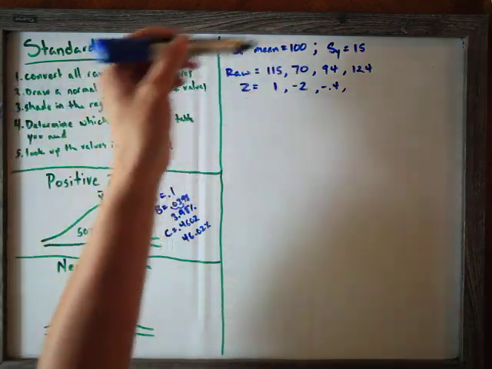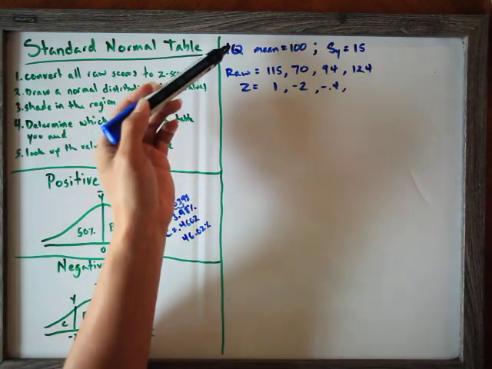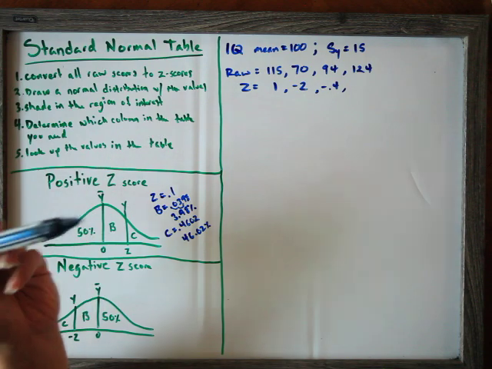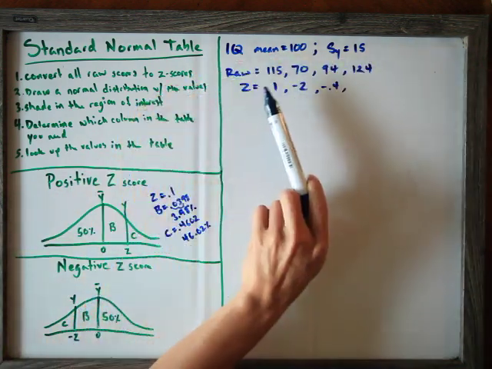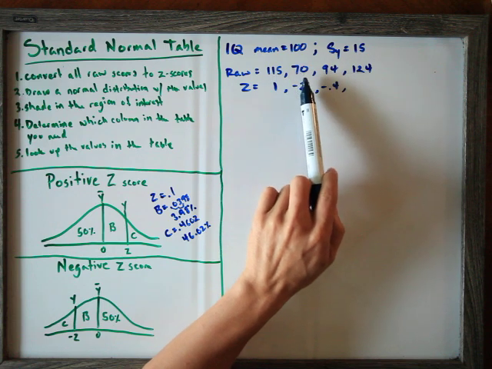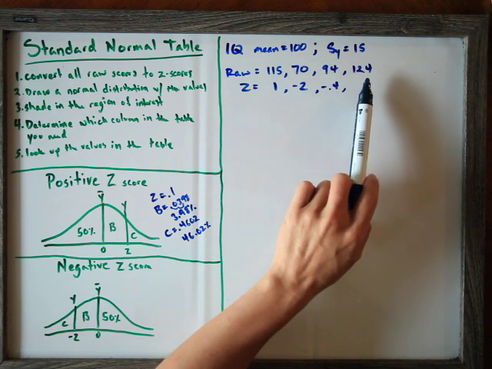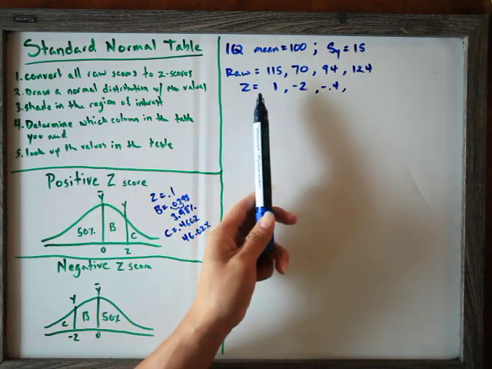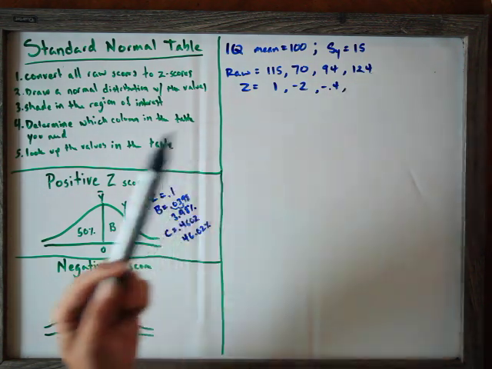So here we have a bunch of values, right? So we have, again, IQ, and our mean is 100, and our standard deviation is 15. So we have 4 raw scores. Somebody has an IQ of 115, somebody has an IQ of 70, somebody has an IQ of 94, and somebody else has an IQ of 124. I've done the work of converting these first 3 values into z-scores. Let's do the